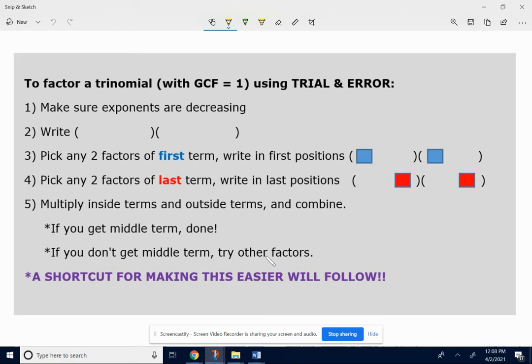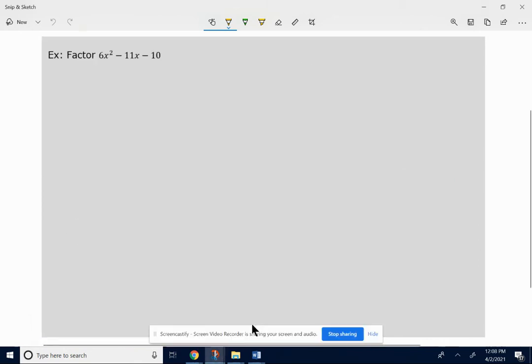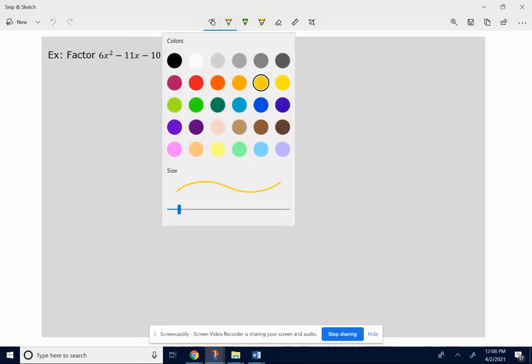Bear with me. This is something that's really tricky at first. It takes a lot of practice, but it gets better. Let me see if I can explain this. If I want to factor 6x squared minus 11x minus 10, the first thing I'm going to do is think about